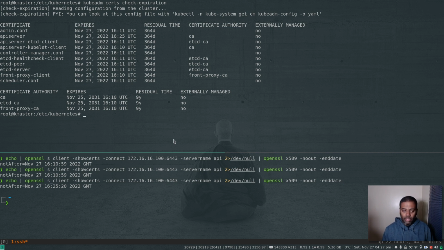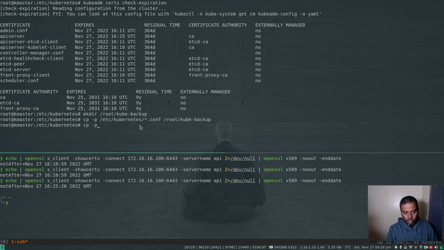I forgot to mention that it's always a good practice to back up your certificates before you generate a new one. It won't go wrong, it can't go wrong, it's a simple mechanism. So I would do something like make directory kube backup or something, and then copy, preserving the permissions, /etc/kubernetes/*.conf to /root/kube-backup, and also copy recursively, preserving the permissions, /etc/kubernetes/pki, again to this place, and